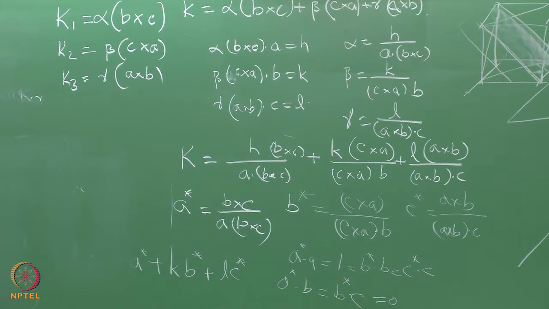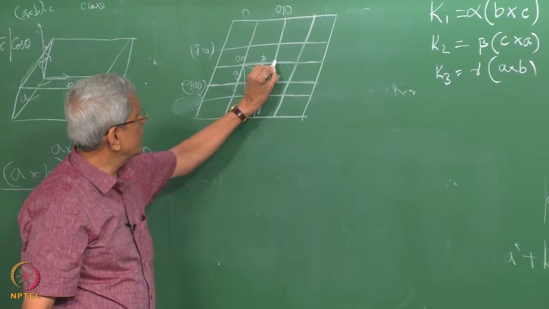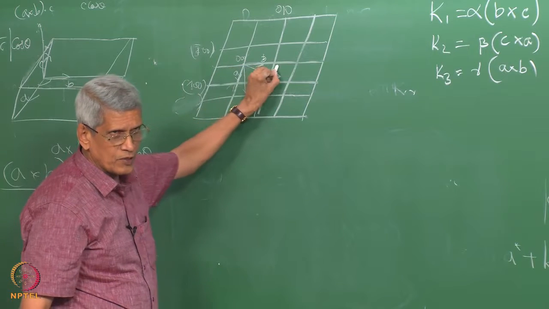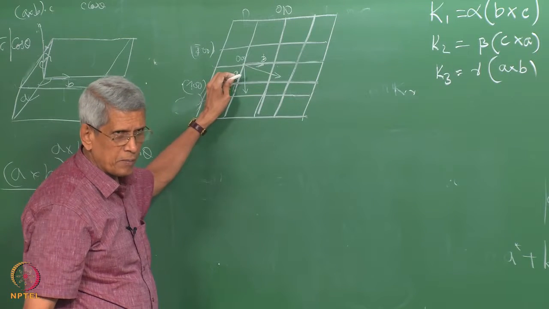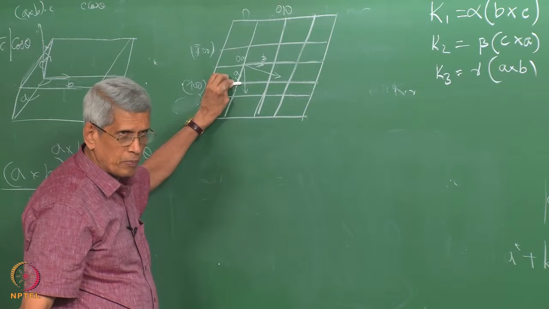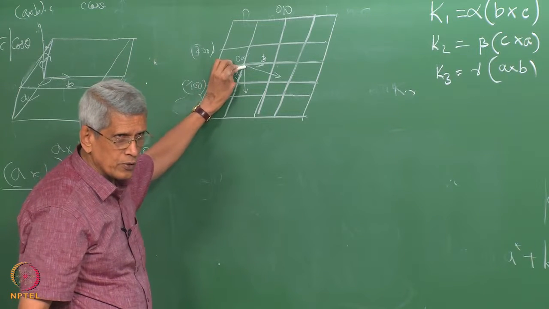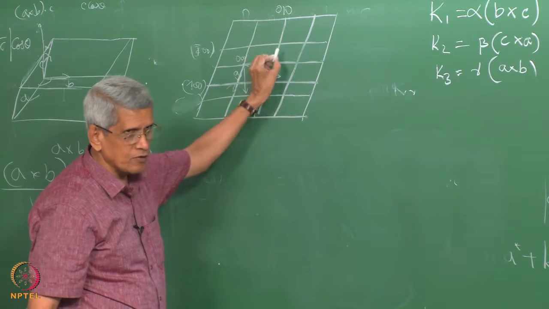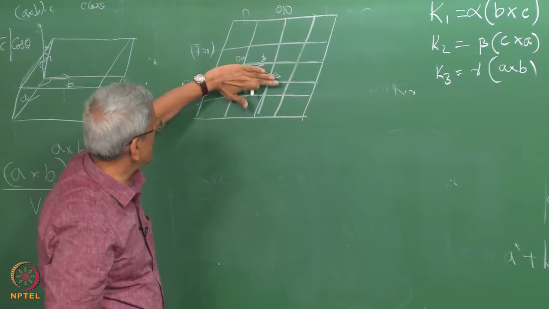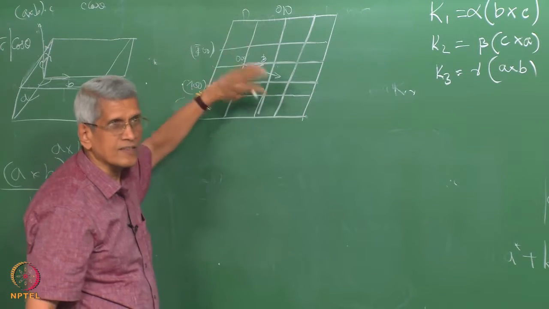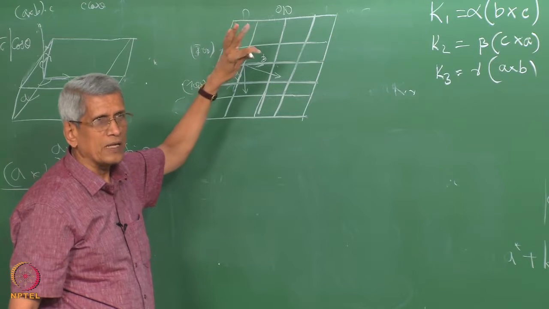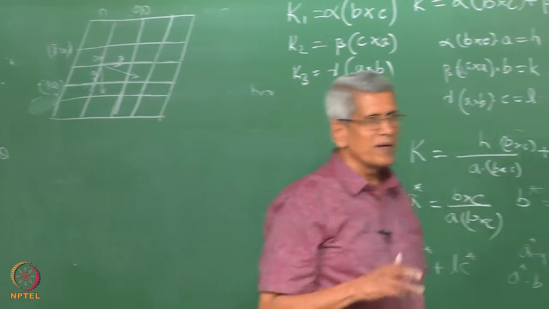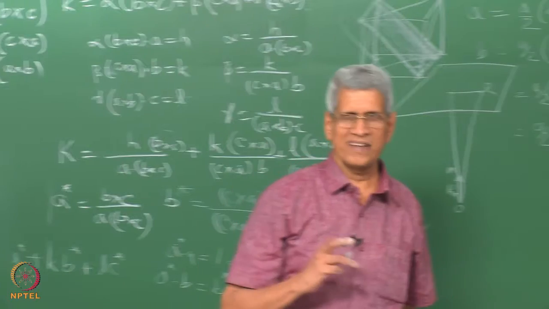So see, if A and B are the vectors, this is in the 1 0 0 direction, this is the 0 1 0 direction, and this is a two-dimensional parallelogram. These are the 1 0 0 type of planes, the family of planes parallel to this BC plane, correct. Similarly, the planes parallel to this will be 0 1 0 planes. The planes parallel to this at a specific distance along C will turn out to be the 0 0 1 plane, because you are always thinking with respect to the cubic system. So you are thinking that it has to be perpendicular; it is not.